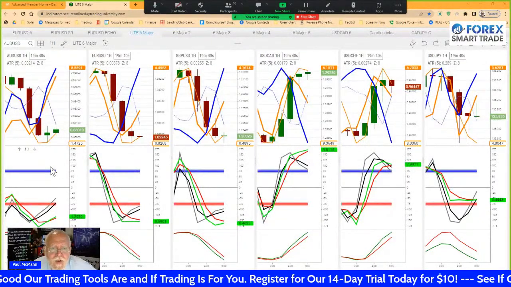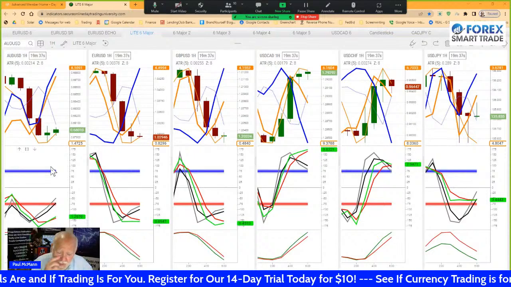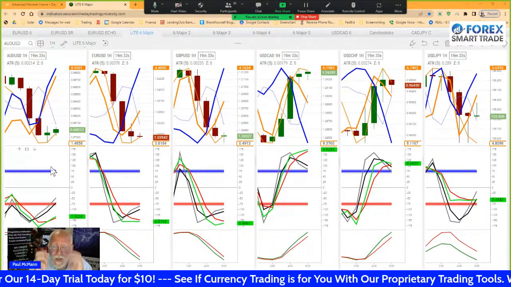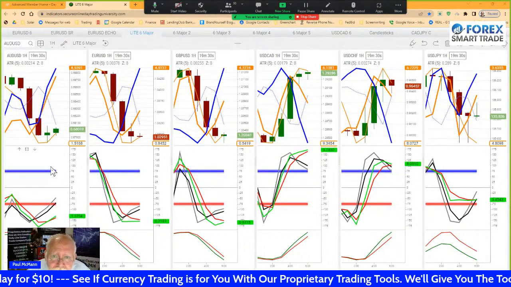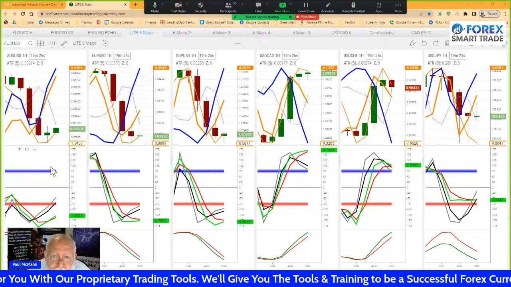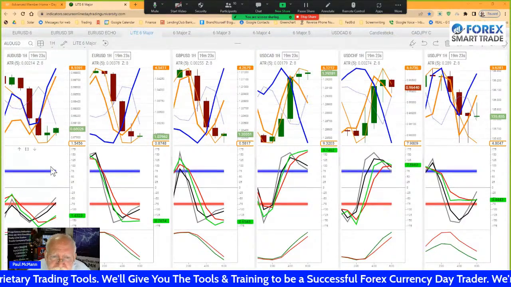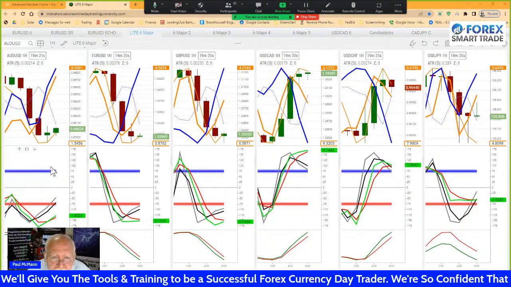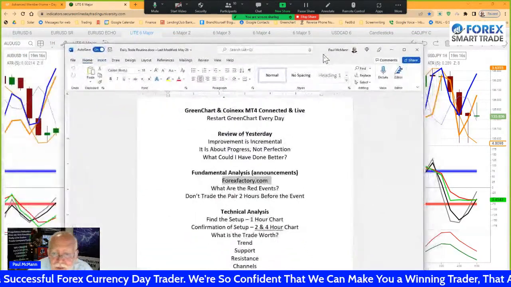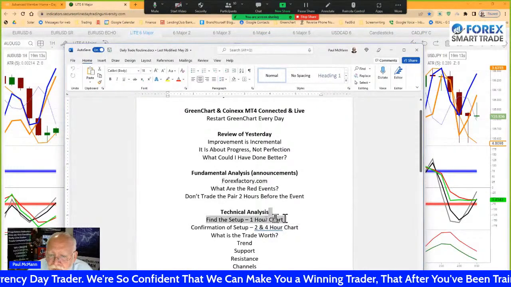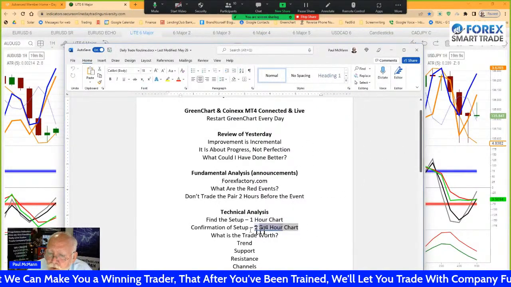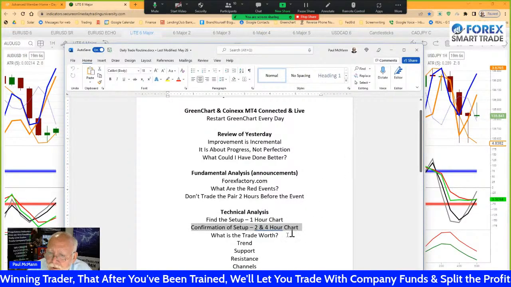The trade I'm going to do is something called a 10-point trade. It basically tries to get the lines to line up. And when we have a minimum of 7 out of the 10 lined up a certain way with confirmation from each section of the chart, we have the beginning of a good setup. So that is what I am doing now. I am going to see if we can find the setup of the good trade. Once I find the setup, then I am going to confirm that it's a good setup and then figure out